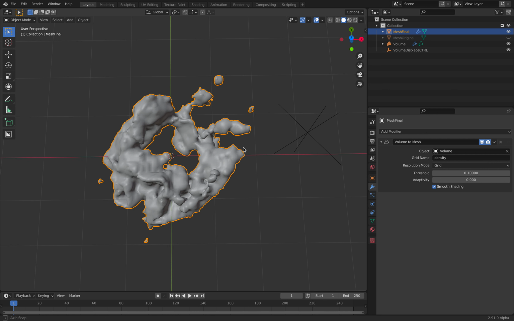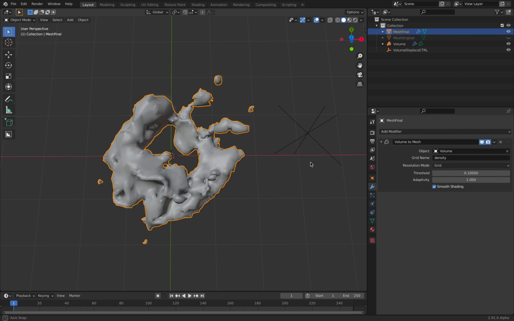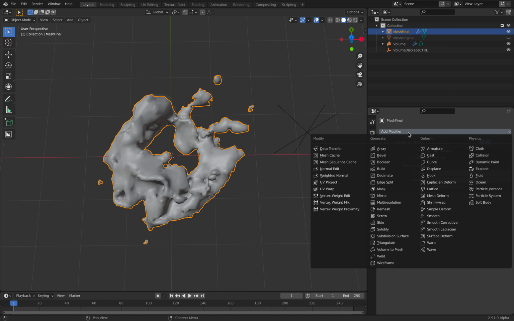You can see it's very abstract, and it's picking up the density of the volume. We have all these kinds of options. For now, I'm just going to leave it like that. You can use adaptive to make it more adaptive to the shape, with more resolution and more detail where it's needed. And the next thing I want to do is to use